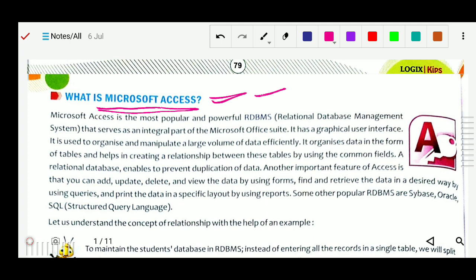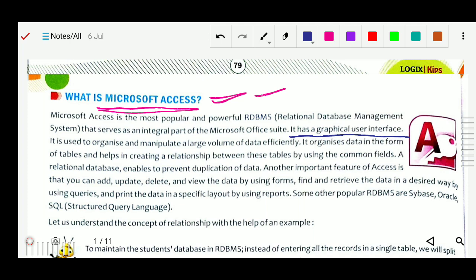About Excel we have already studied. Now here we will study about Microsoft Access. Microsoft Access is the most popular and powerful RDBMS. What is the full form of RDBMS? Relational Database Management System, which serves as an integral part of the Microsoft Office suite. It has a graphical user interface.